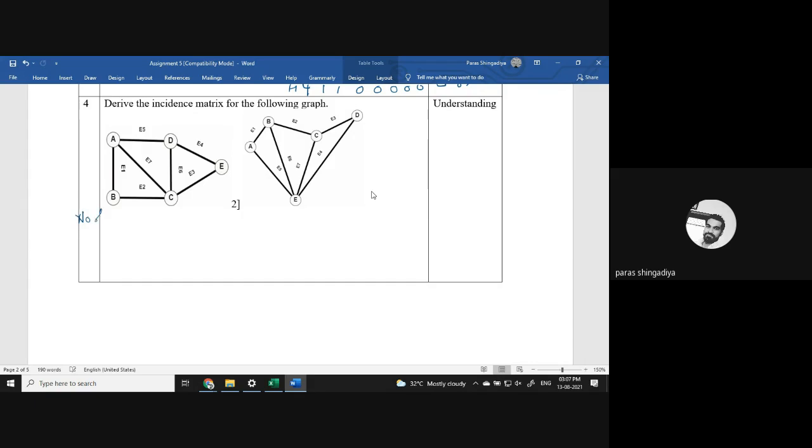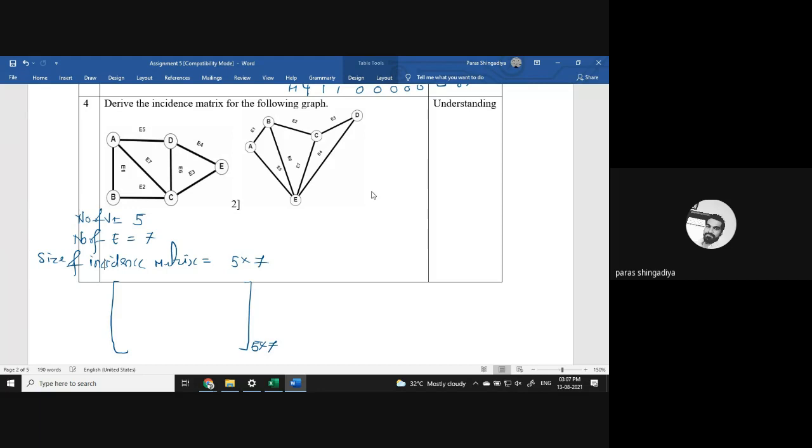Here number of vertex are 5. V is equal to 5 and number of edges is 7. Clear? 7 edges, 5 vertexes. So what will be the size of matrix? Then size of incidence matrix is equal to 5 cross 7. ओके, साइज किस पर डिपेंड करेगा? वर्टेक्स पे और एज पे. ठीक है, फर्स्ट चेक इट फ्रॉम द ग्राफ कि कितने वर्टेक्स है कितने एज है, एंड देन आफ्टर यू कैन क्रिएट इट ऑर्डर. ठीक है, सो ऑर्डर विल बी 5 by 7, 5 row and 7 column.